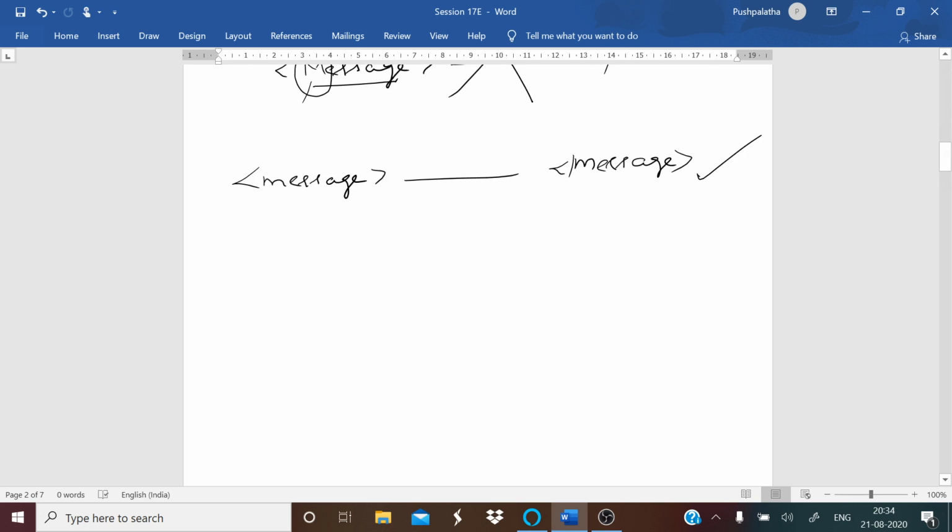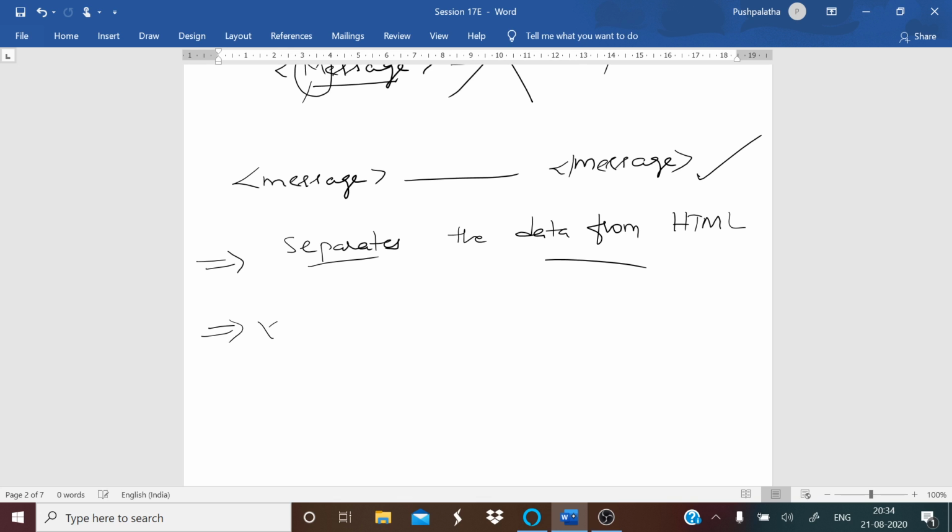Another feature of XML is that XML separates the data from HTML. That is, you can store the data in separate XML files. And also XML simplifies data transport.